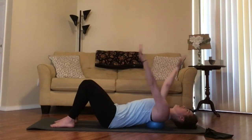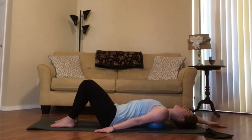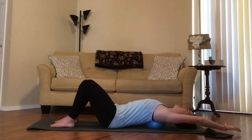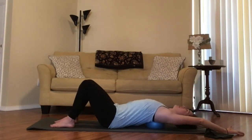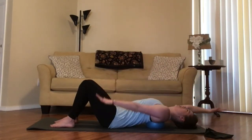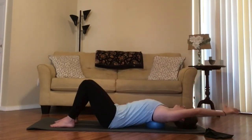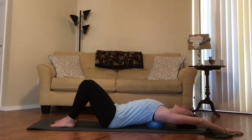Imagine someone is pulling your fingertips away from each other. Reach in opposition as you open up the armpits, the shoulders, the rib cage. One more set. And switch. Bring the bottom arm up to meet the top arm, both arms reaching overhead, and bend the elbows